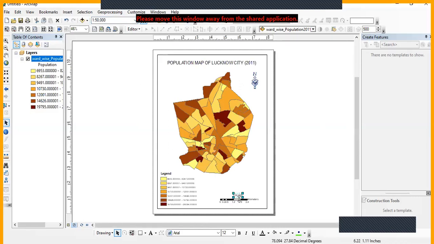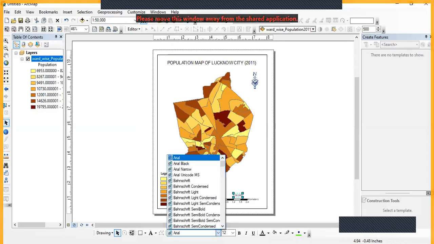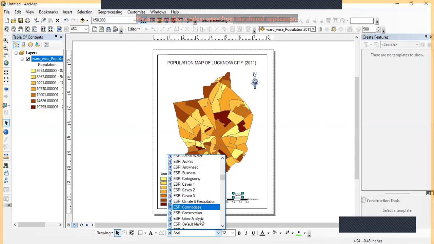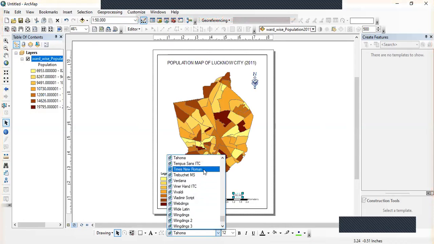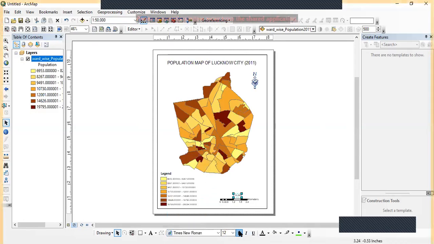Again, we can change these values by just clicking the Arial text format button. Yeah, I'm going for Times Roman. Going to bold it, and we can increase the size of the text also.